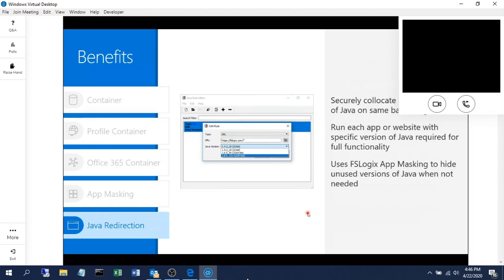it means that on the WVD session, we can securely implement multiple versions of Java on the same instance. And I can have multiple applications, I can have websites